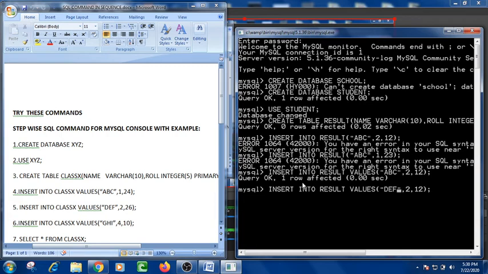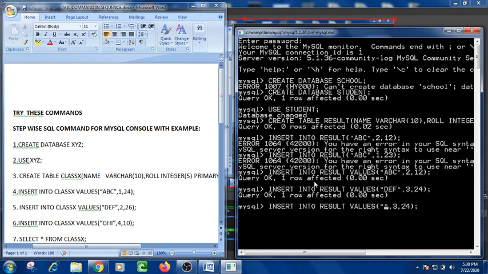DEF is the name of the other student, roll number is 3, rank is suppose 24. Then again one more record I am going to insert.